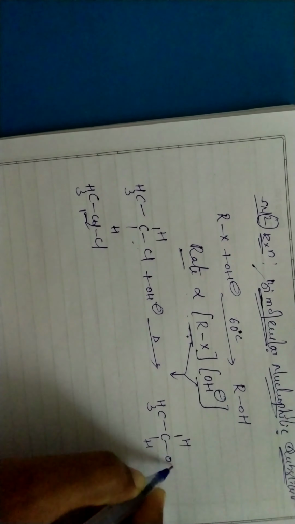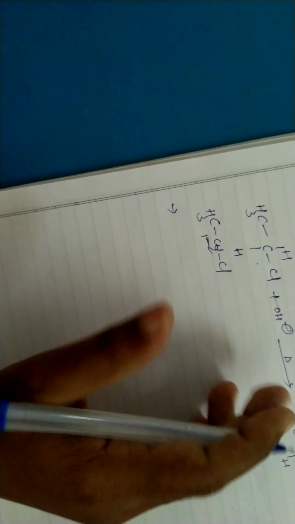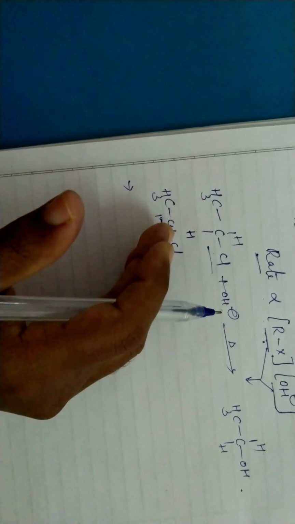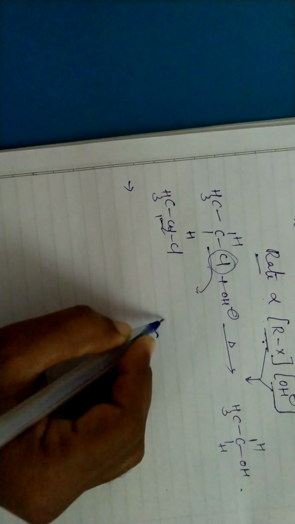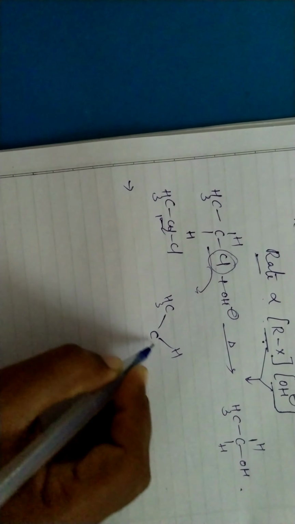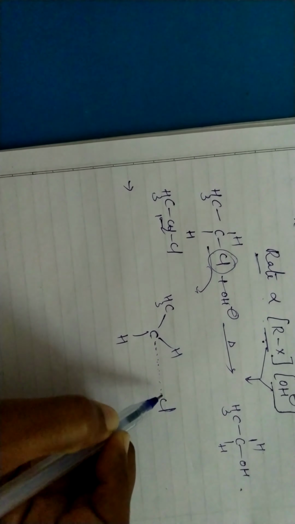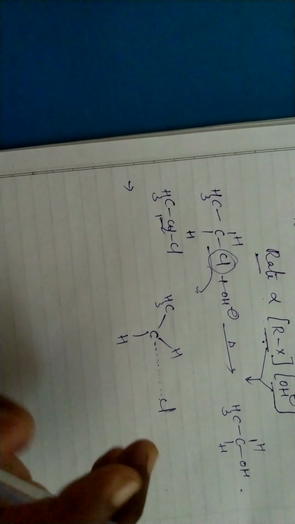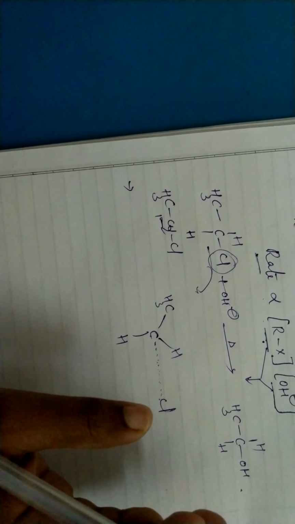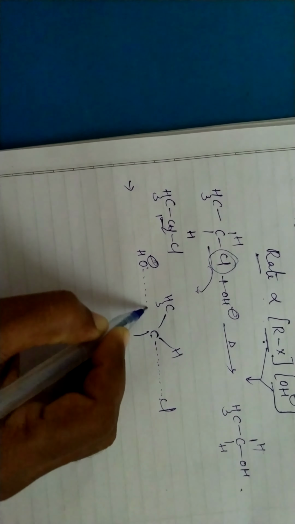H and H. Let's see the mechanism. So first of all, what happened? The leaving group, that means here chlorine is the leaving group and OH is the incoming group. So chlorine is going out and OH is coming in. Let's see, I am writing like this. So chlorine is the leaving group, it is going out and it is still intact with the carbon. That means chlorine is not completely cleaved from the carbon. It is slowly cleaving. At the same time, when chlorine is slowly removing from the carbon, OH minus is also coming towards the carbon.